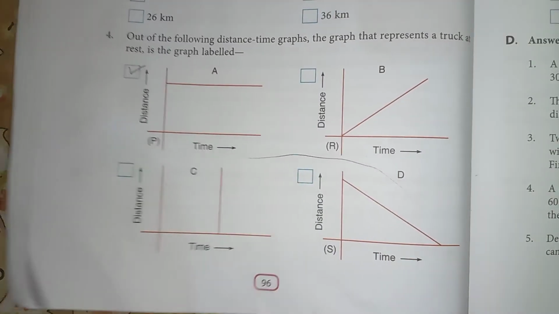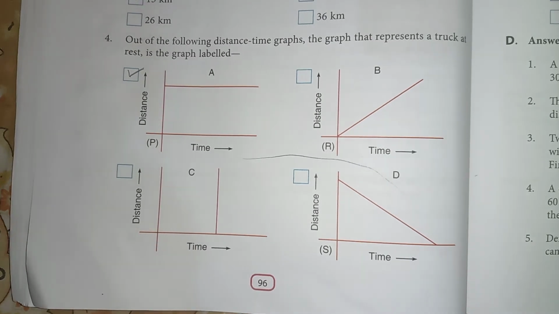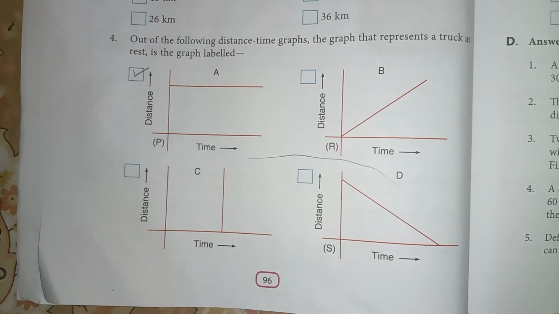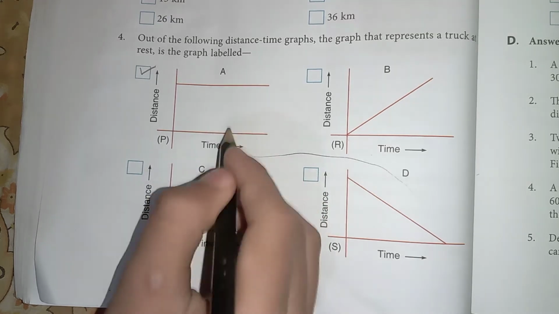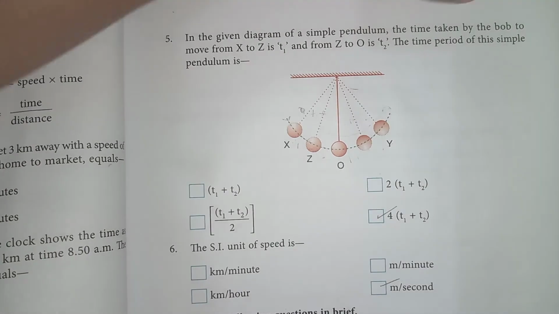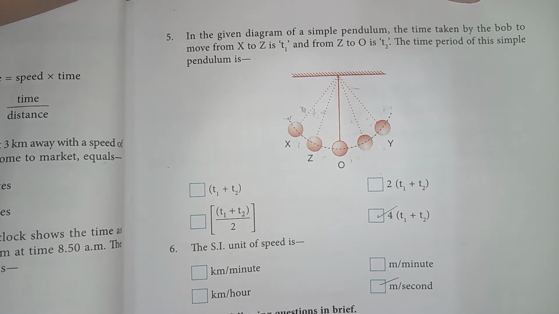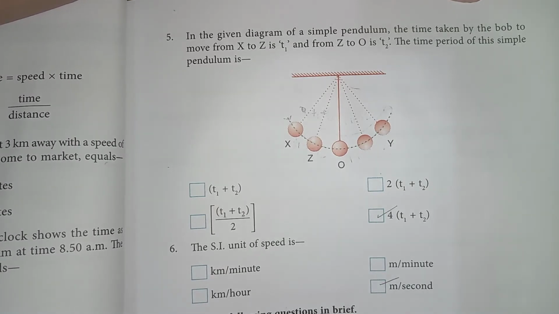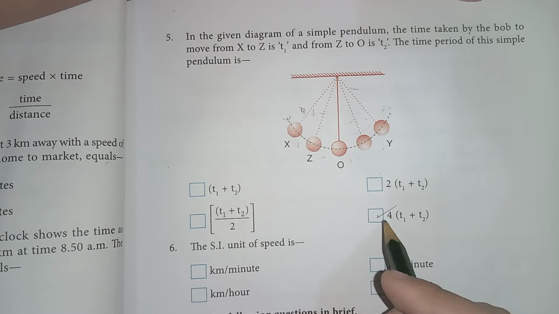Next, out of the following distance-time graphs, the graph that represents a truck at rest is the graph labeled. This will be the rest one because the truck is not moving, it is standing still. In the given diagram of a simple pendulum, the time taken by the bob to move from X to Z is T1 and Z to O is T2. The time period of the pendulum is, the answer will be, how, 4 bracket